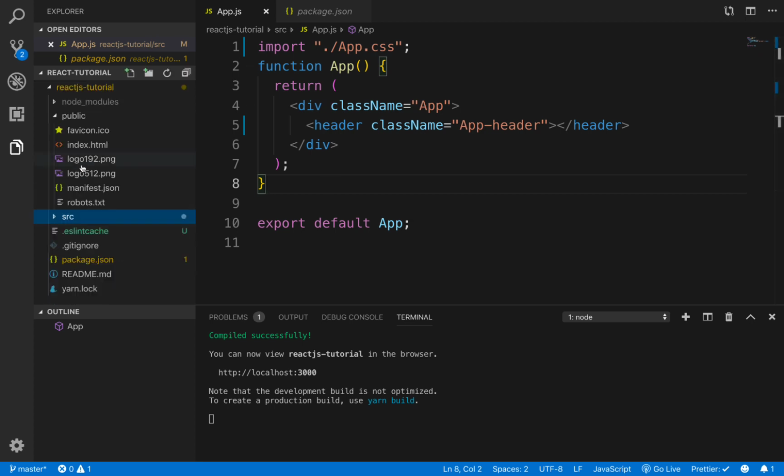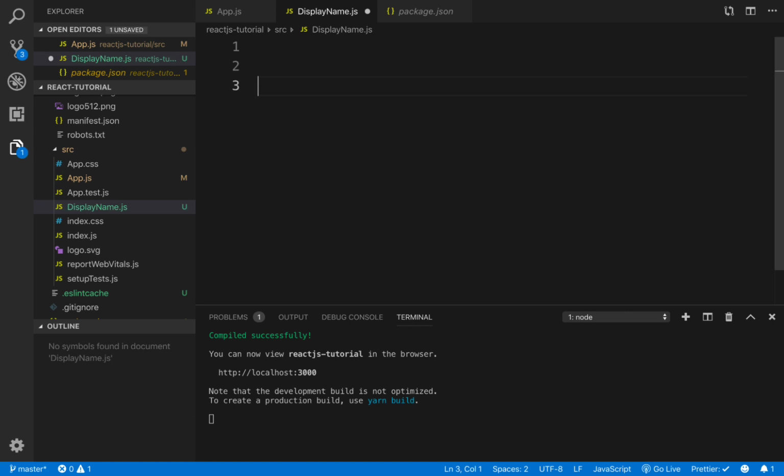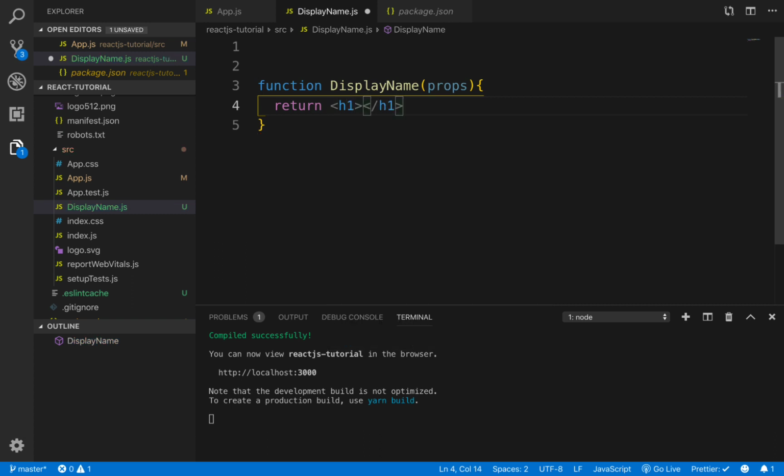So we'll go to our src folder, and here I'm going to create a component. I'm going to name it DisplayName, which is simply just going to display our name, and it should have an extension of .js. So let's go here. The syntax for a functional component is very similar to creating a normal function. So you say function, and let's say we want to name it DisplayName. It can optionally take a parameter, which is any props that you get. We'll look at props later. And what should it do? It should return some JSX. So let me return an h1 tag, and say Hi Simran. This is all it does for now.